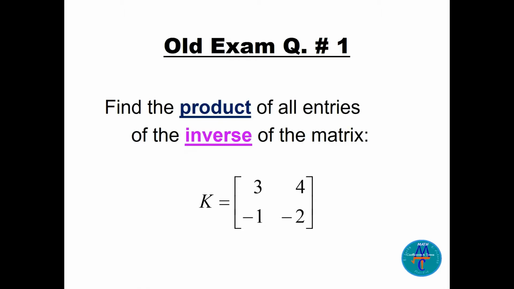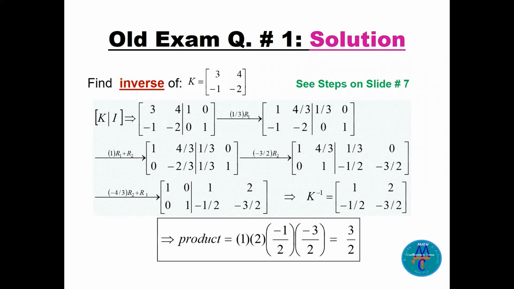To find the inverse of a 2 by 2, we have 2 ways. This is the long way. I put this here on purpose, and there is another easy way by the formula. You will see it in another example. So you can see the steps here on slide 7 of the lecture itself. So we put here K, 3, 4, minus 1, minus 2. Here we put the identity 1, 0, 0, 1. We have to go in the row